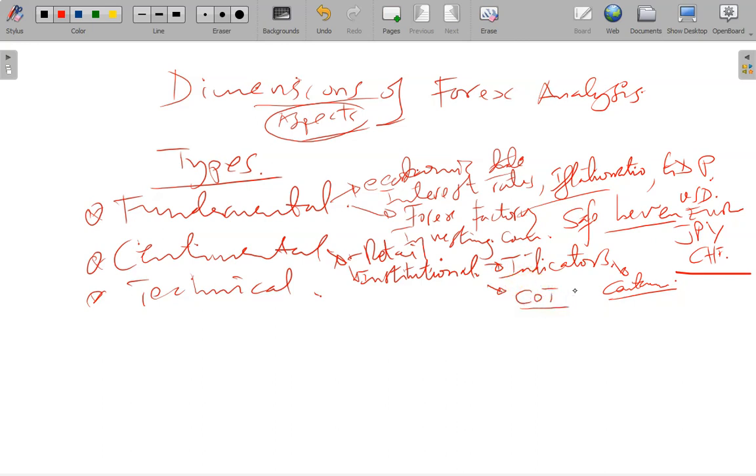Now we have what we call a COT report, the Commitment of Traders report. There is a specific site that releases this information, so you can search for a COT report on the internet. It provides information about forex currencies and also other instruments. You can find commodities and some stocks there. It always has information about the commitment of traders at a particular time. After having this information, you can incorporate it in your analysis and decide whether you are going long or